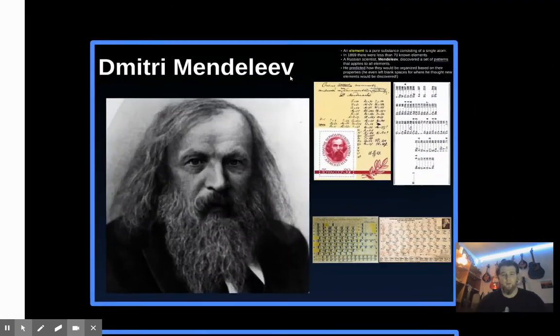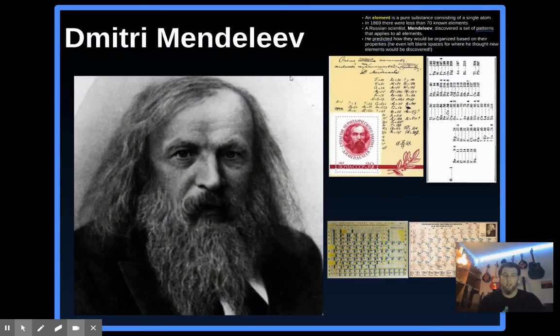Okay, so a question we want to ask ourselves as we're going through, is there a reason why the elements are arranged the way they are in the periodic table? And the answer is absolutely yes. And we're going to see why they are arranged the way that they are. And hopefully you've watched the video or will watch the video on Dmitry Mendeleev and understand just how powerful of a scientific mind he had, to where he was able to create a table that had missing pieces, but he was able to predict what was going to go in there based off of the properties of similar elements around it.